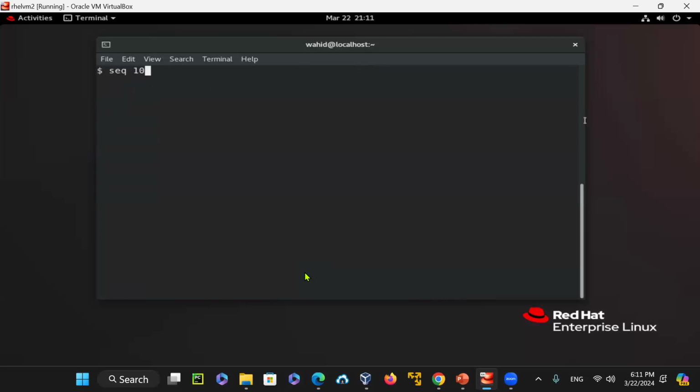Sequence by itself actually gives you a 10. You don't have to use sequence. You can do for i in the brace statement 1 to 10, and then say do, and then say echo $i, and then done. You could do the same sequence. Or you could just say, for example, instead of the sequence, let's say